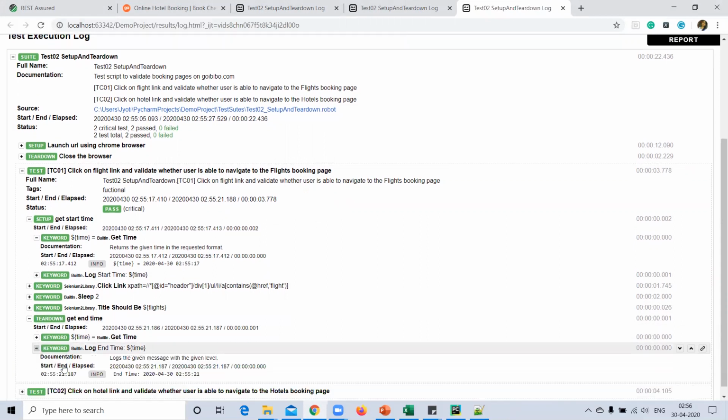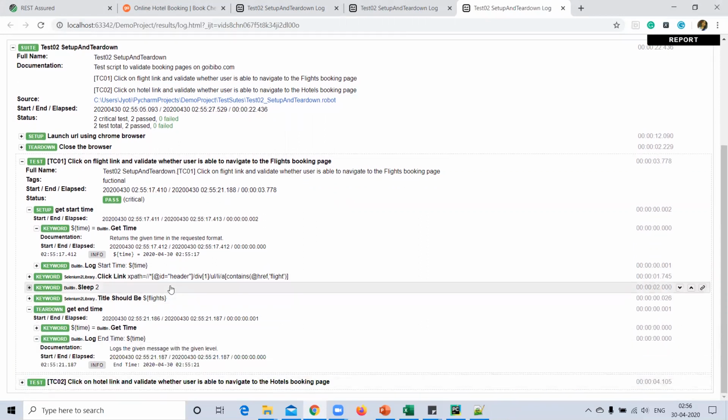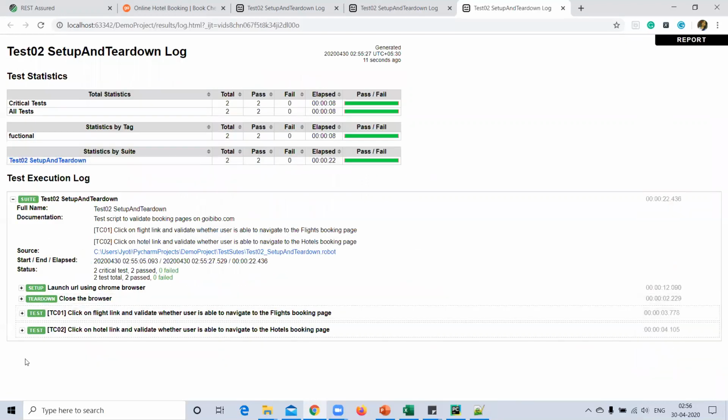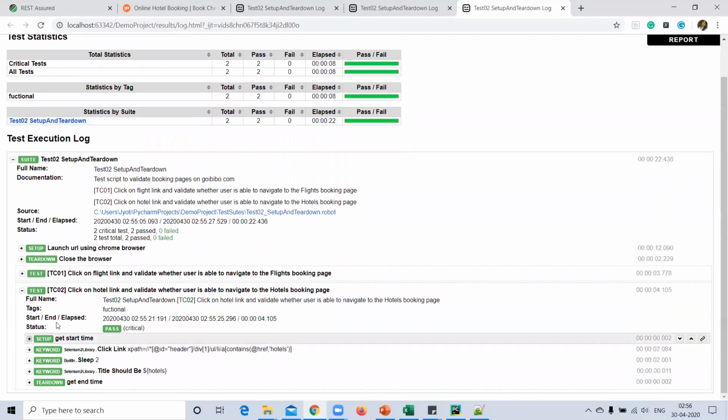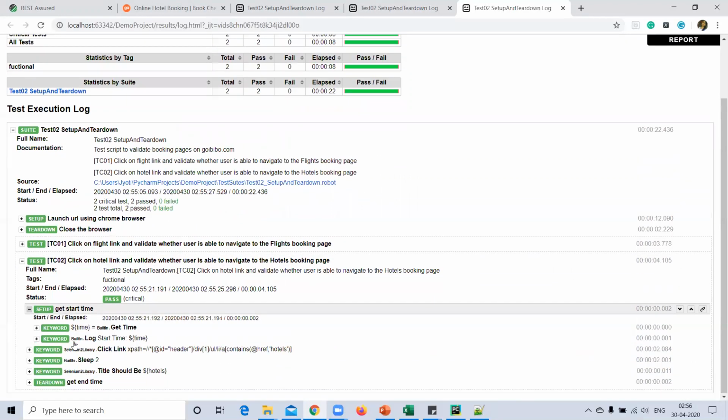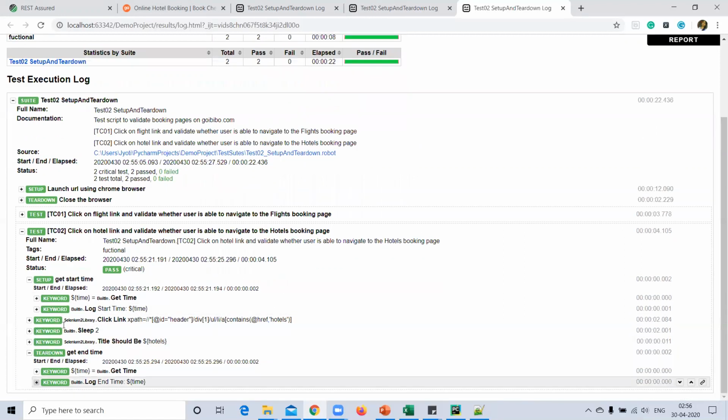It's calculating end time. So it was started at this time and ended at this time. So this is the feature for test setup and test teardown. I had shown you in TC01. Similarly, in the second scenario, it will also display. So here is both timing.